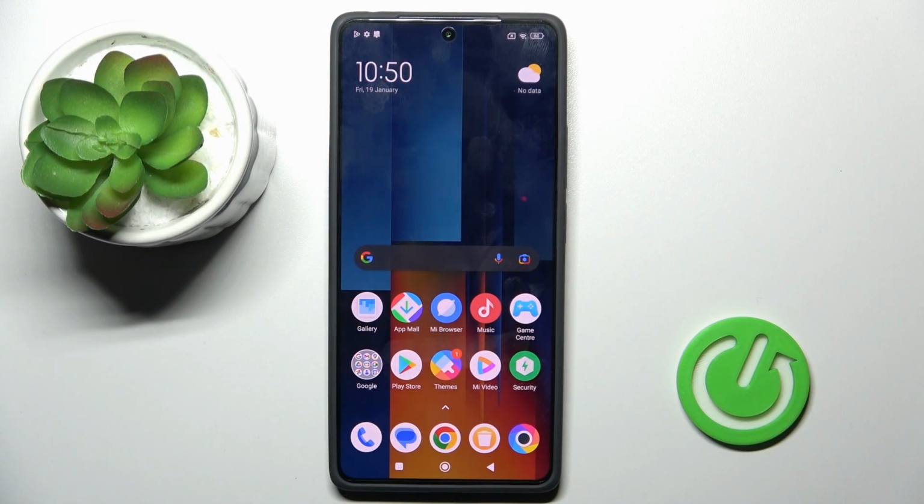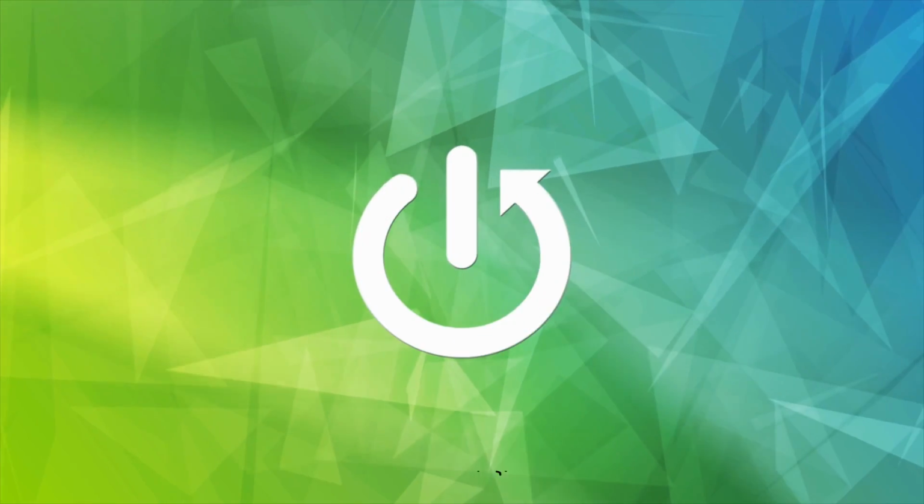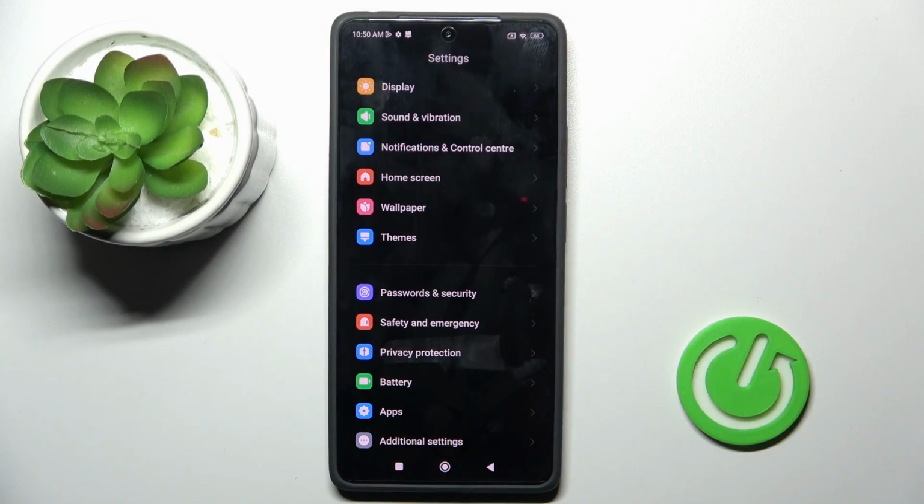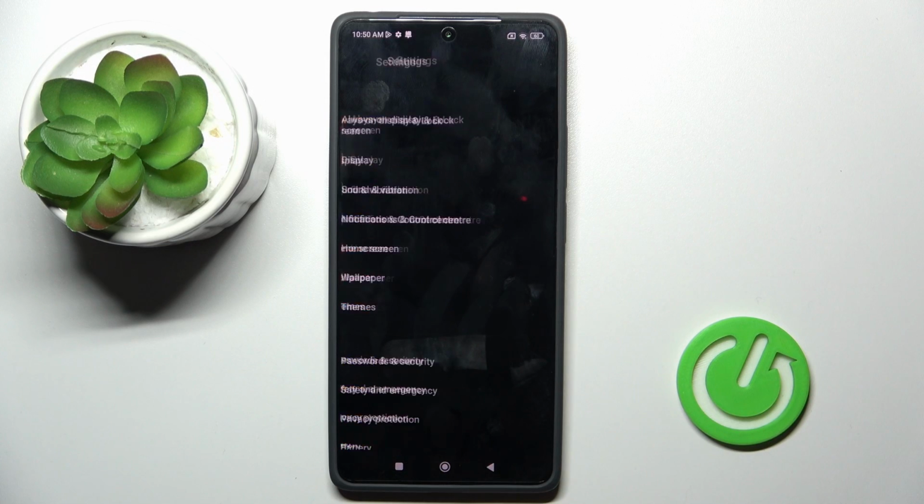Good morning guys, in front of me is POCO M6 Pro and let me show you how to change wallpaper on this device. At first enter the settings, then find and select wallpaper,